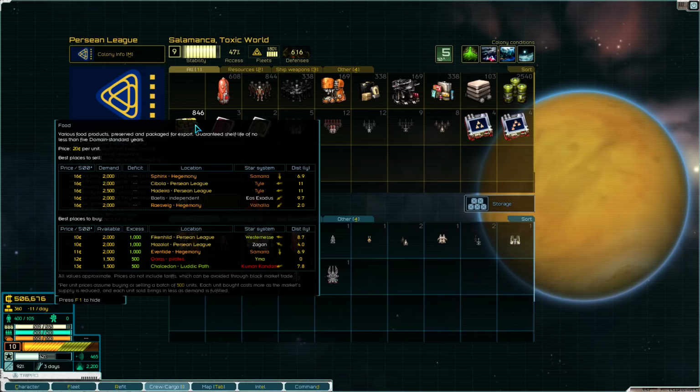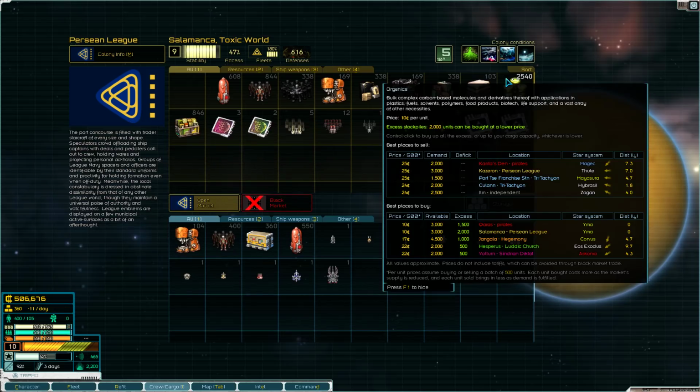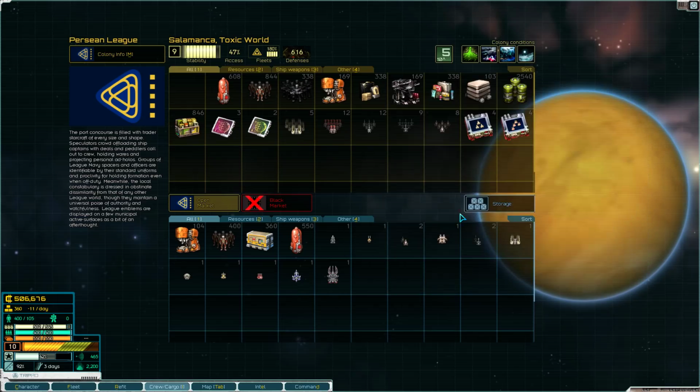Food, we could sell the food for, yeah, not much. He's definitely making it at a loss here, especially with the tariffs. Organics we can buy for 10. We can sell them for 25, which is a pretty big profit. But the amount that we would have to carry to make it valuable, there's no way we have enough cargo capacity to do anything even remotely close. I mean, we could just get a ton of freighters, but I think the plan